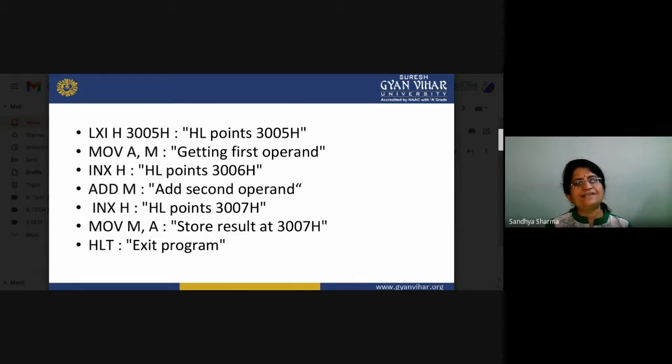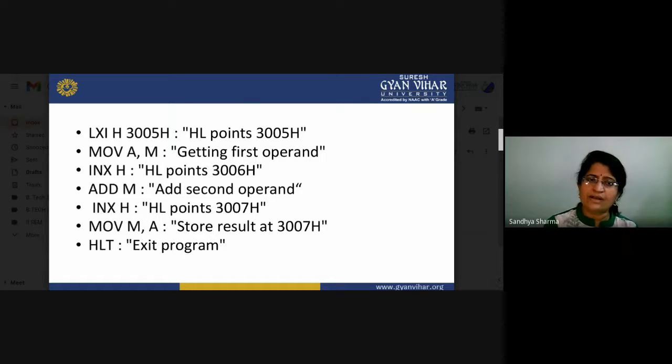Now again you have to increment HL, so our HL pointer will be moved to 3007, and then the accumulator content will be stored to M. The result is at present in the accumulator, so that content will be shifted to the memory location, and since the HL pointer is at 3007H, the content will be stored in 3007H.